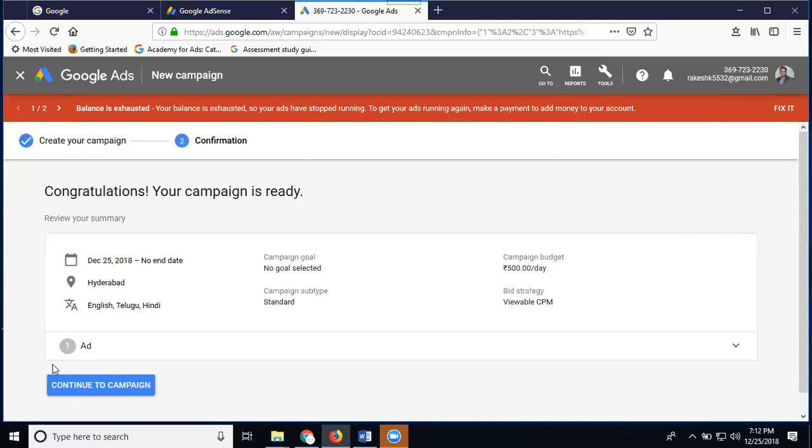So any kind of Google AdSense ad you can create using Google AdWords. Any campaign is displayed on AdSense websites, YouTube channels and Gmail ads. Please note down.